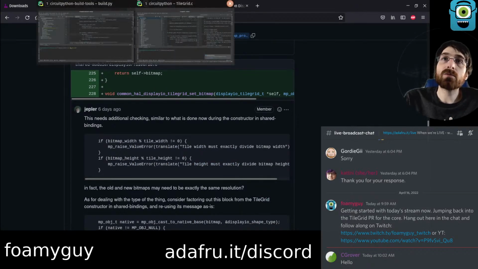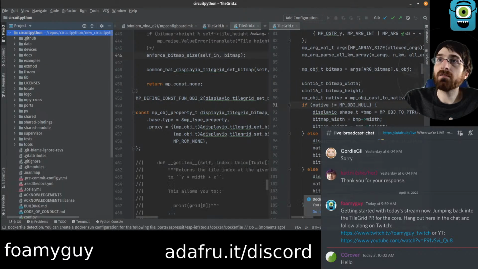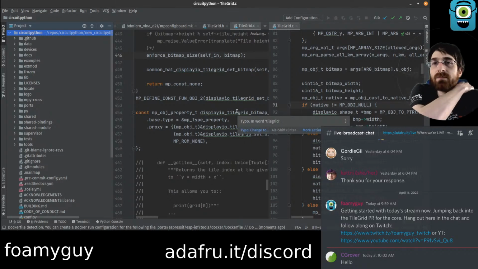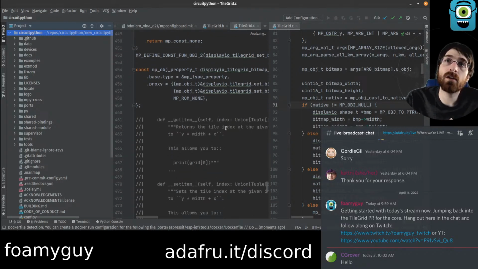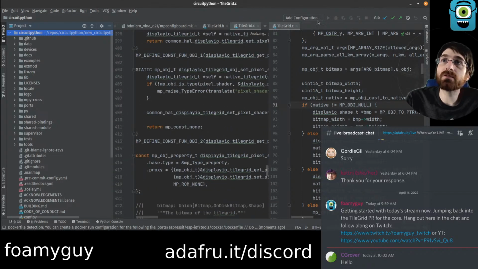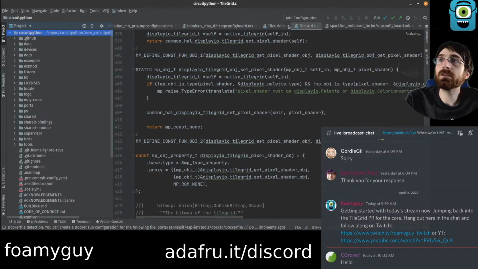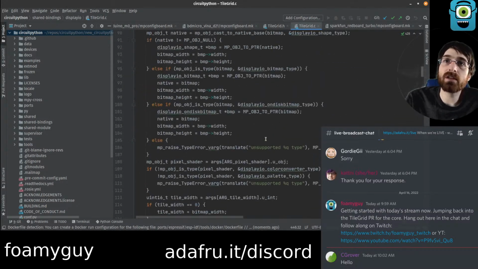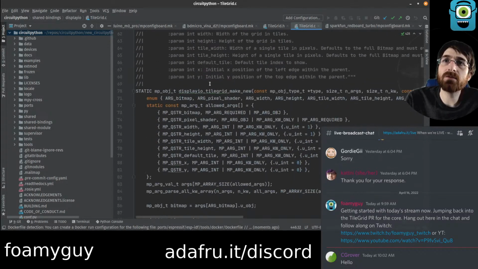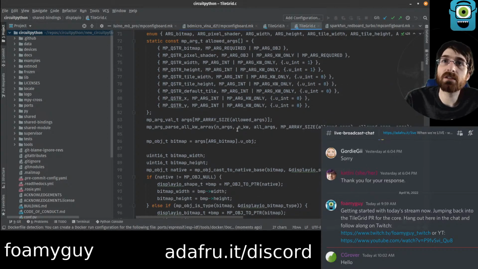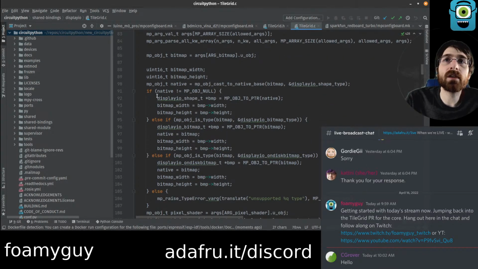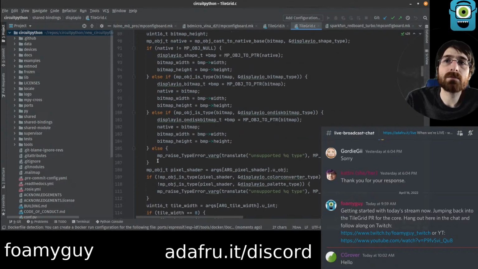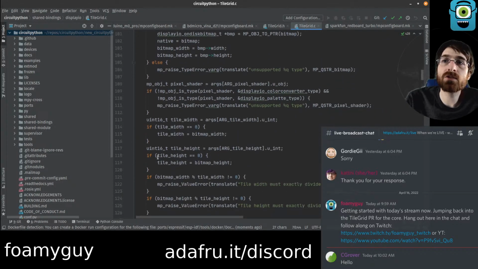Okay. So basically, I did not quite have all of the checking in place. We had type checking, but we were missing the size checking. There are, in the initializer, which I could actually just pull up here, let's see, is this shared bindings or bindings? I need two of these right now. Inside shared bindings in the init function, which I think is called make new, is that right? Yeah, Display.io TileGrid make new. There are these checks right here,